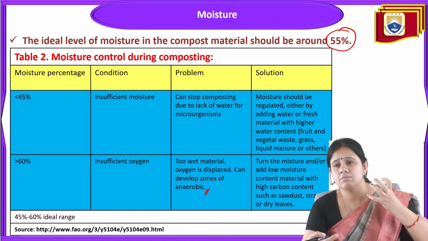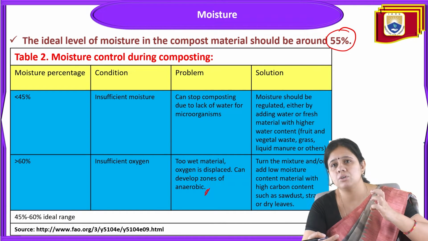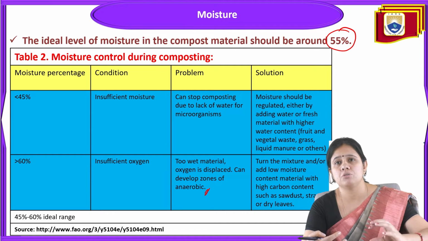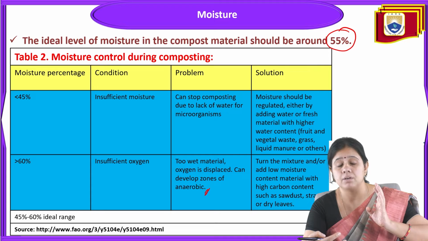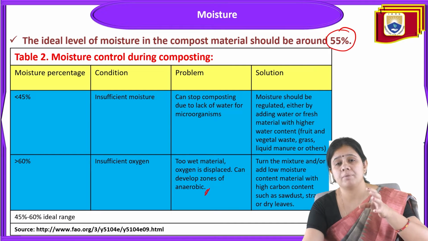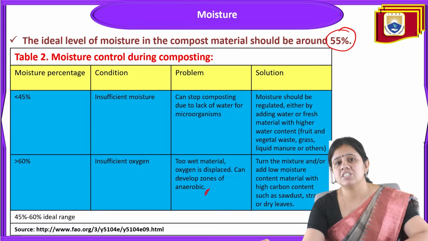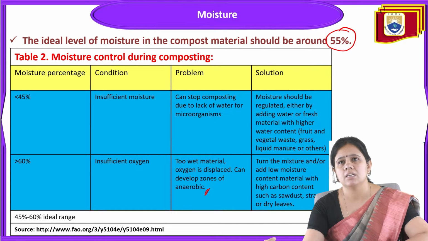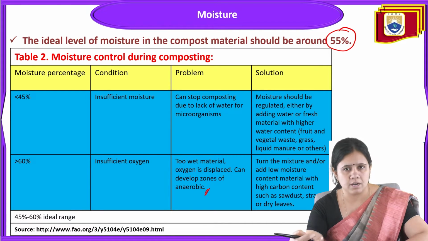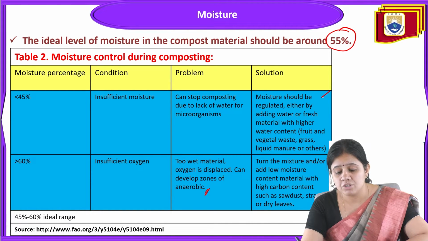As we know, composting is a very good process. Composting is very beneficial if it is carried out with the proper conditions, because at the end we are going to obtain a very useful material called compost or humus, and this is very beneficial. That's why the conditions are very important, and to obtain a good compost, these kinds of conditions we should avoid.